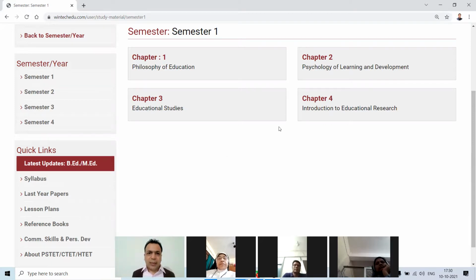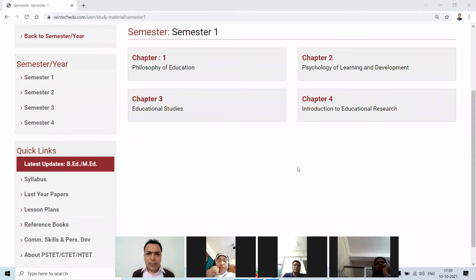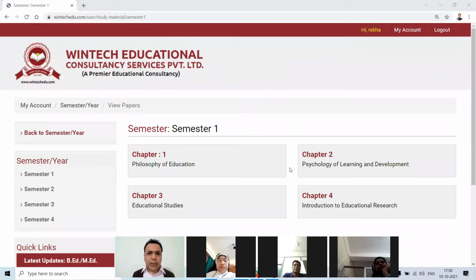Is that done? So I request all of you, create your login username and password. We will send you another video on how to create a username and password. If you have created the username and password, you can take the benefit of this by entering your